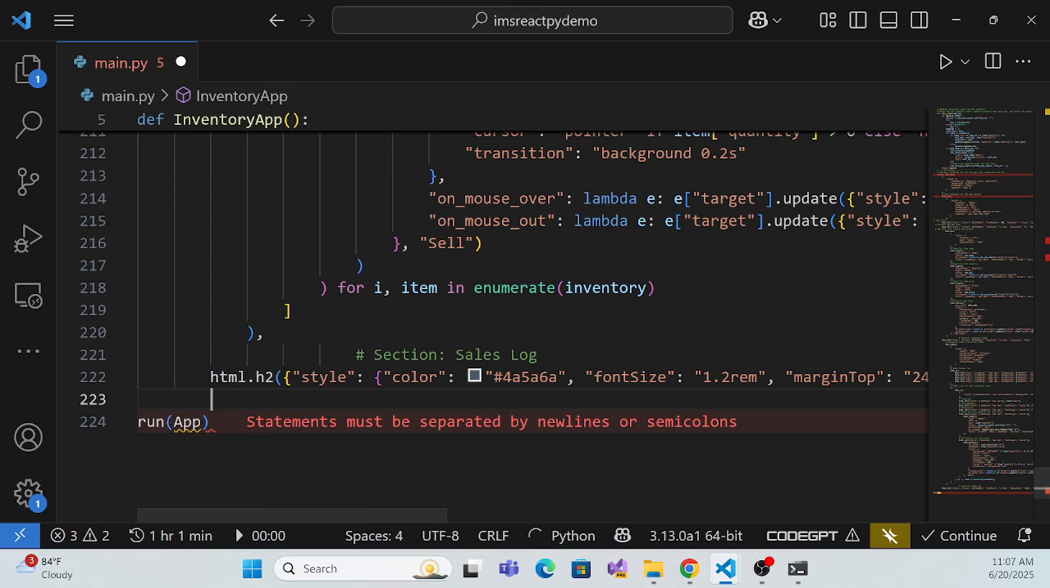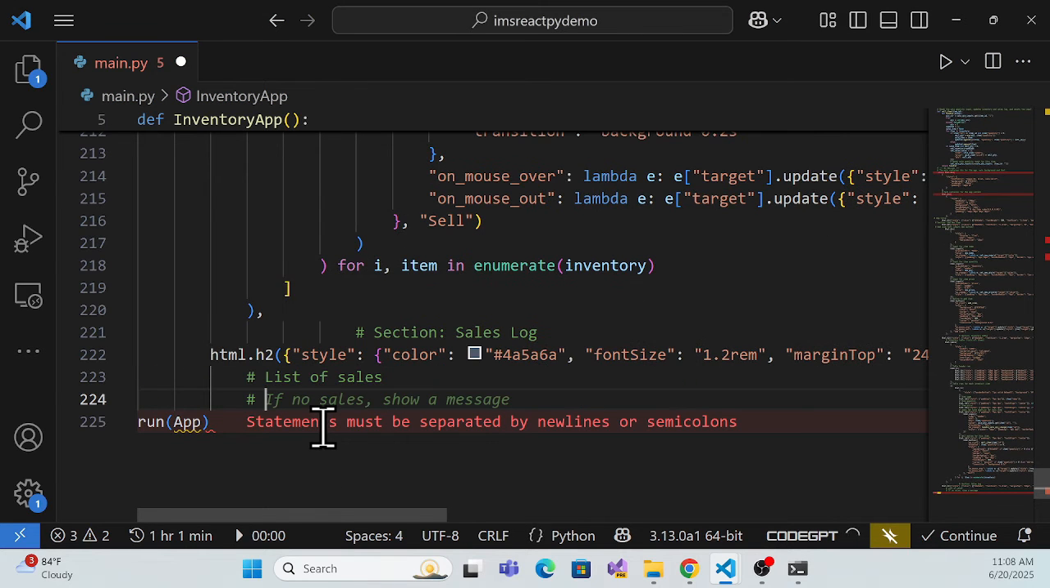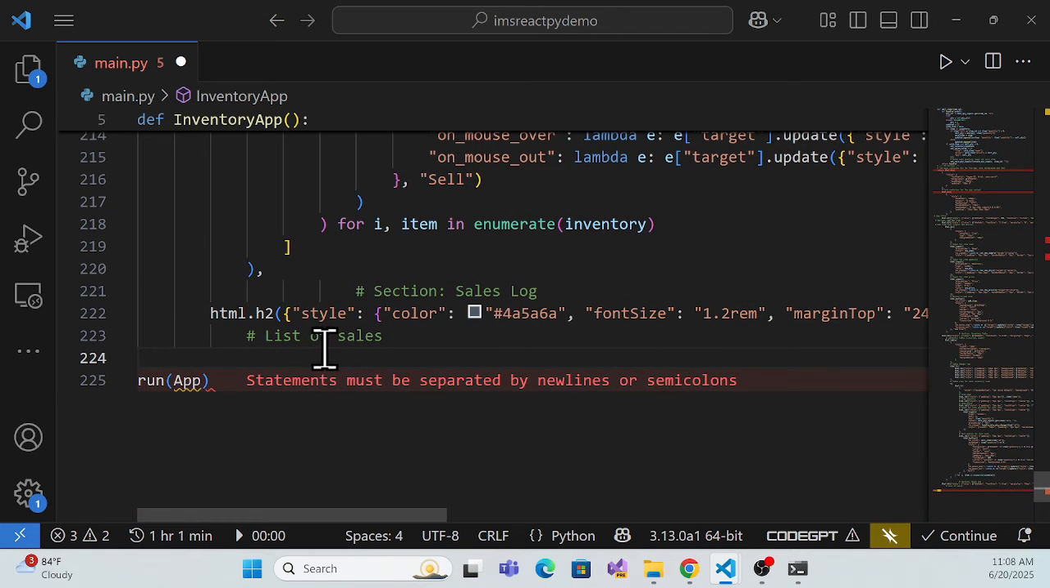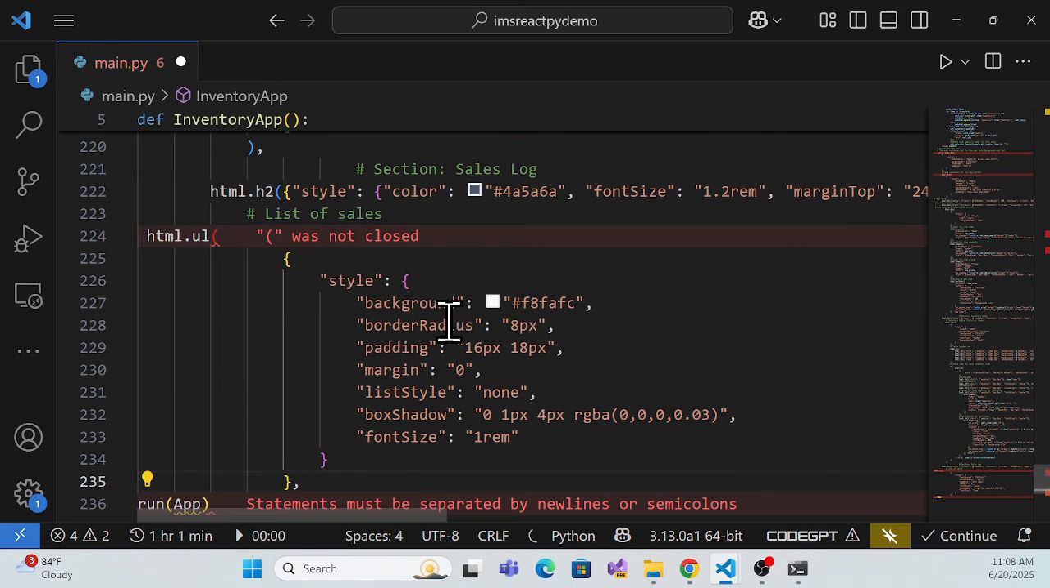Okay, and in this next line I'll just list the sales. I'll show whatever sales I have done as a list. For that, if you want a list, you can use a table, but as of now I'll just use it as an underline, or no bullet,